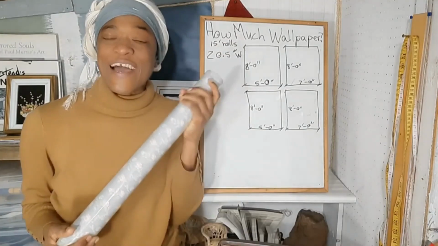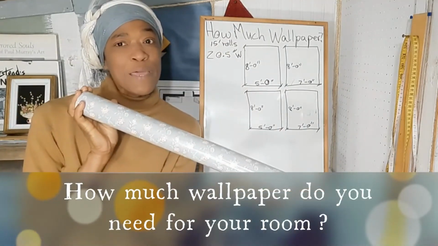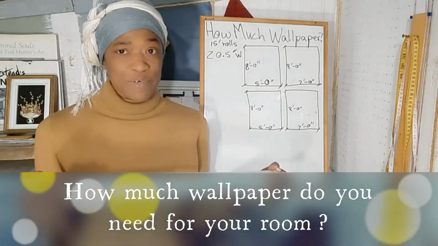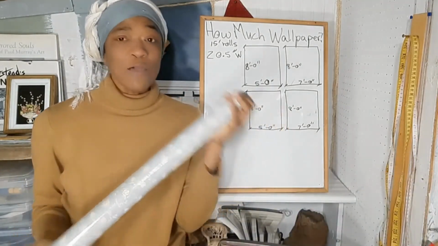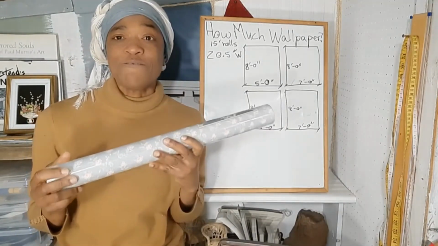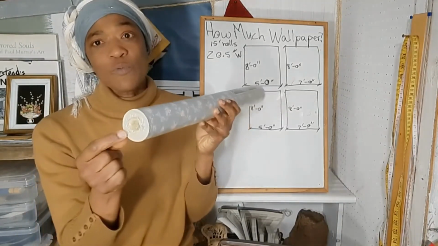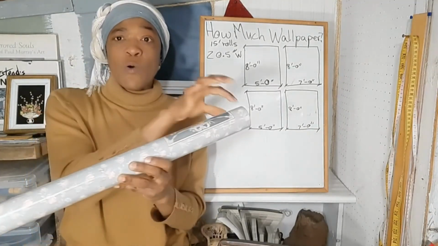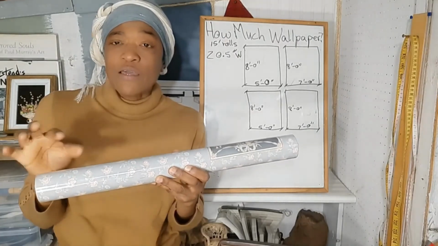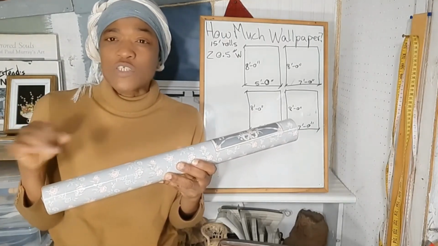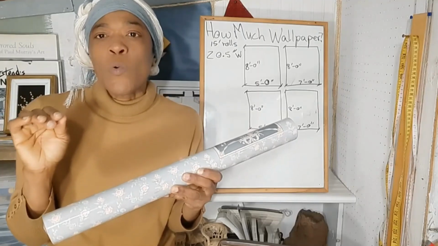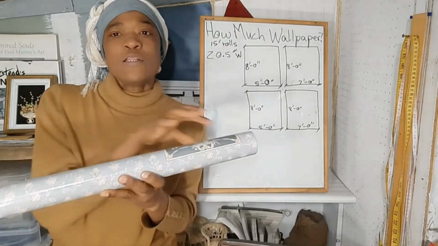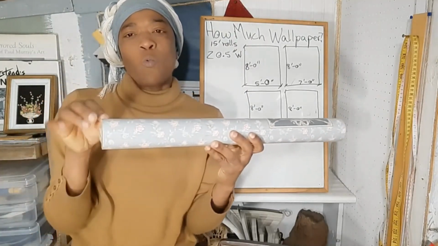We will look at how to calculate how much wallpaper you will need for a room if you want to wallpaper your room. Generally, wallpaper comes in 15 feet lengths, so there would be 15 feet of wallpaper in this roll. And the widths sometimes vary: 20.5 inches, 24 inches, 27 inches, depending on where they are made. For the purpose of this lesson, we will use a wallpaper that has a width of